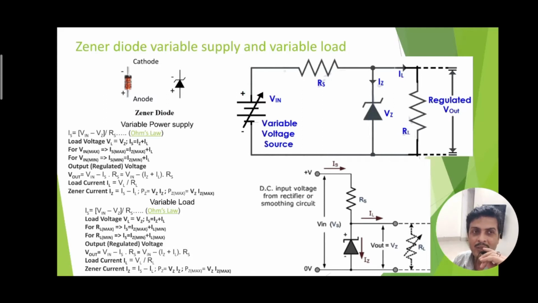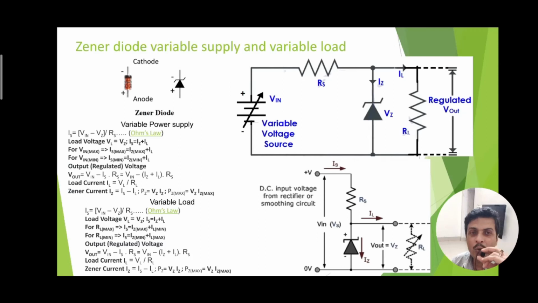Similarly, in the second case, where the load resistance is varying, the fixed source voltage produces a source current that flows through the Zener as well as the load resistor. So if the load resistor draws more current, a little amount of current will flow through the Zener. But if the load does not take sufficient current, then the extra current will flow through the Zener diode. So when Iz is maximum, the load current will be minimum, and when the Zener current is minimum under these variable load cases, the load current has to be maximum.